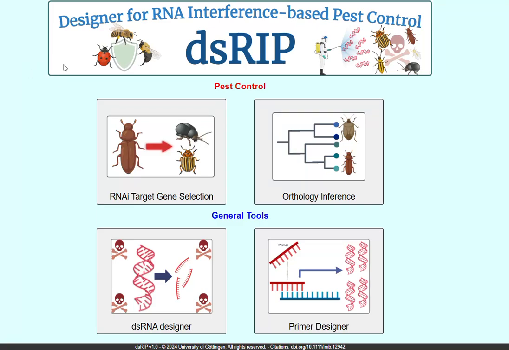Hello everyone, this will be a guide for using Designer for RNAi interference-based pest control tool named dsRIP. And as you can see from our main page, we have 4 tools, and the typical pipeline starts with target